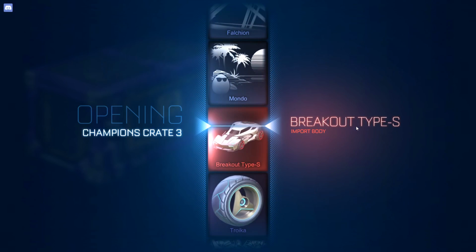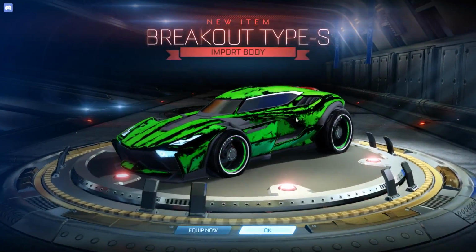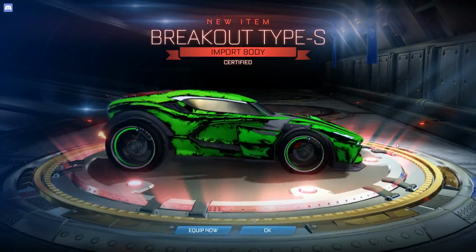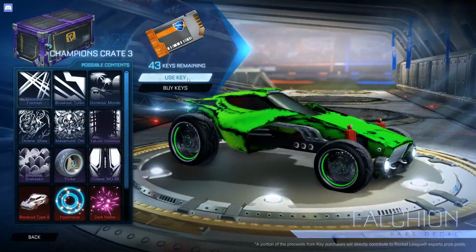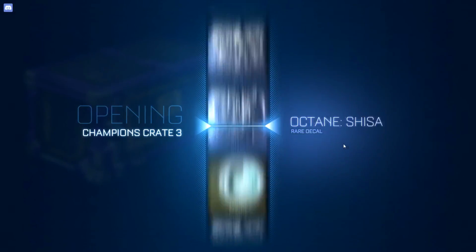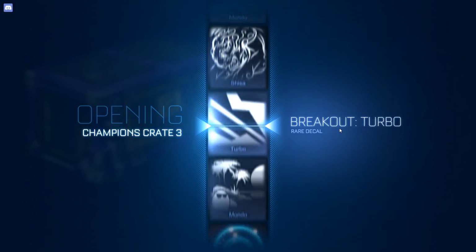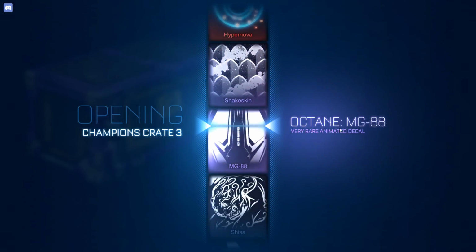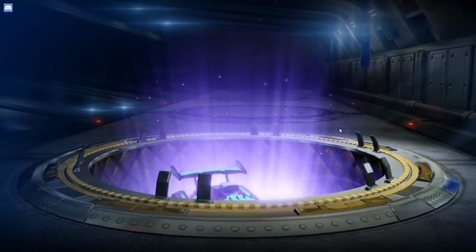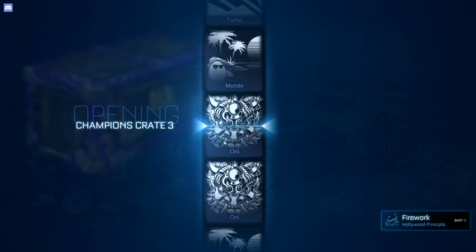And we're gonna get the Breakout Type S, which I've actually never had before, so that's cool. And it's certified. Alright. I mean, it's an okay looking car. It's not my favorite, but it's certainly not my least favorite. I don't think we'll see it because I don't think there's any skids for it. It's called the Gizmo, and it is a pile of trash. Okay, MG88. Yes, nice. As long as we're getting very rares, very rares equal imports. And imports, if we hate them or have a bunch of duplicates, equal exotics, so...